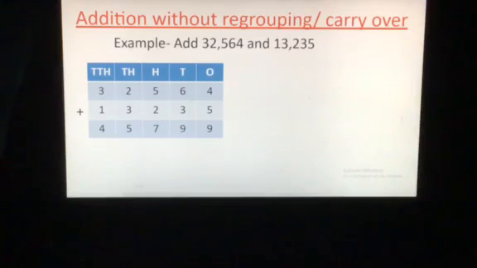That means addition is the process of calculating the total of two or more numbers. It is one of the 4 basic operations of arithmetic. In an addition problem, we can have 2 or more addends. This is the symbol of addition.